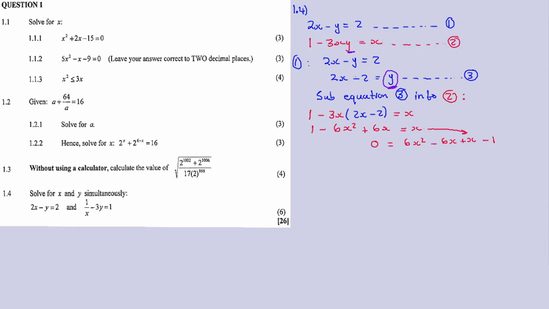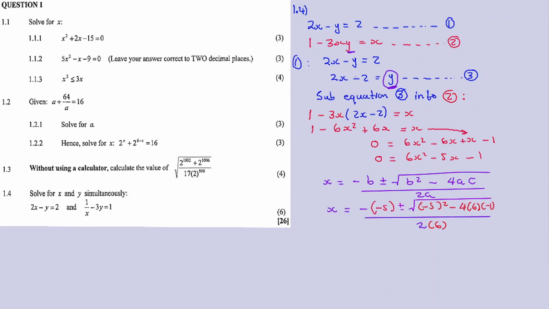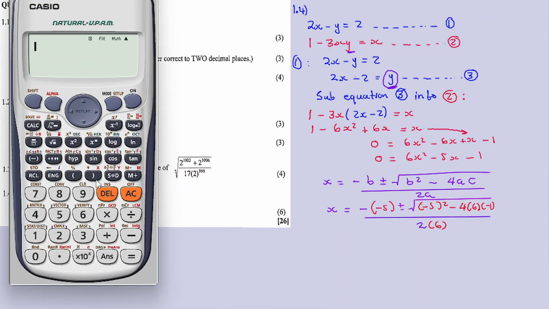Then we solve or add ama like terms, siba no minus 5x ngoba minus 6x plus x is minus 5x, and then we substitute la ku quadratic equation, and then asibone